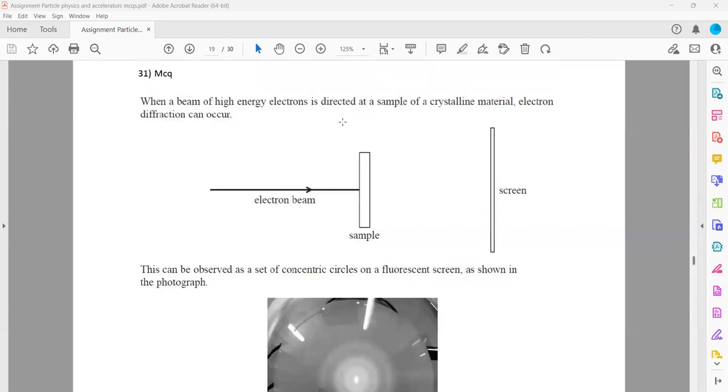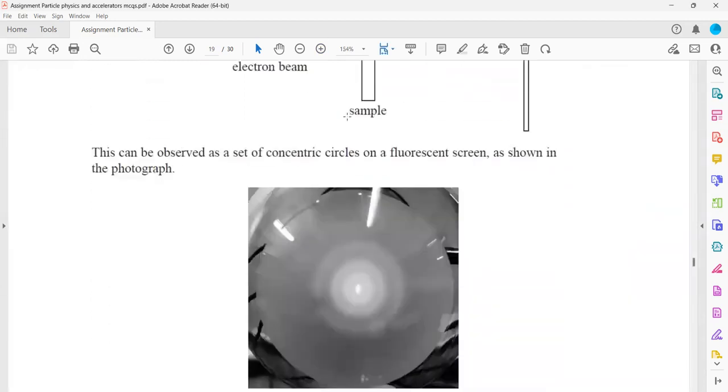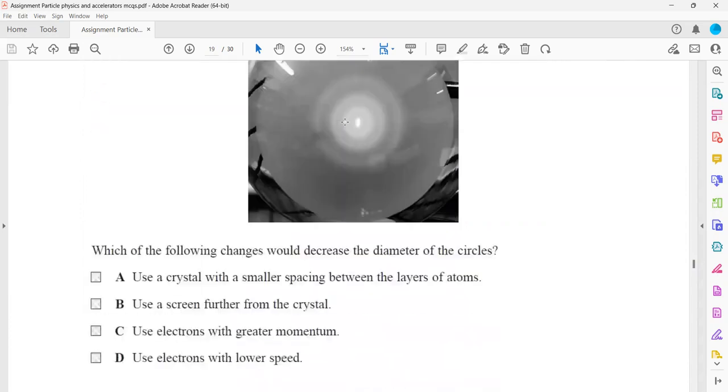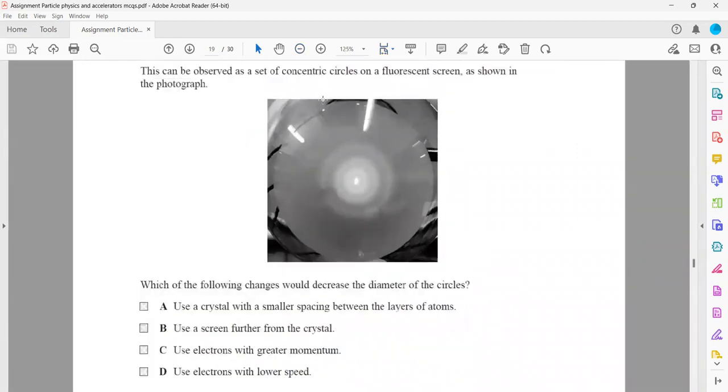This is an electron diffraction. A beam of electrons is directed at a sample of a crystalline material, and diffraction can occur. As you can see, this can be observed as a set of concentric circles on a fluorescent screen shown in the photograph. Which of the following changes would decrease the diameter of these circles? So, if you want to reduce the diameter of these circles,